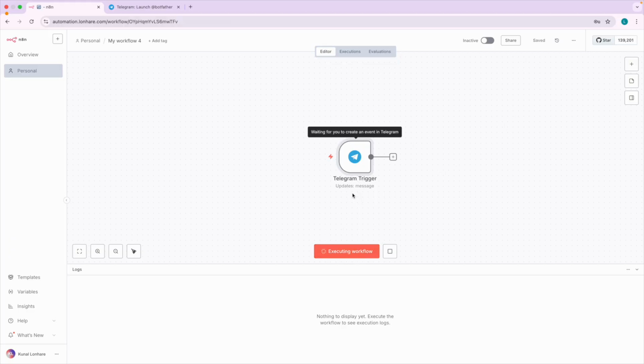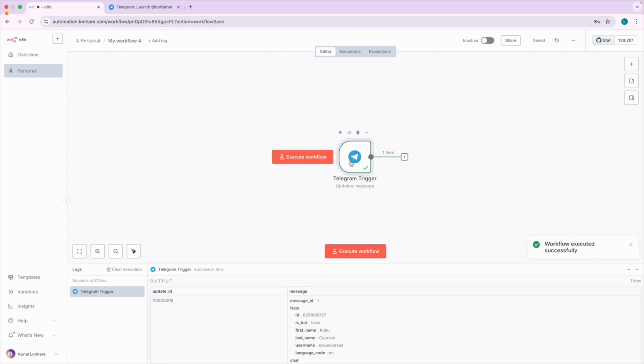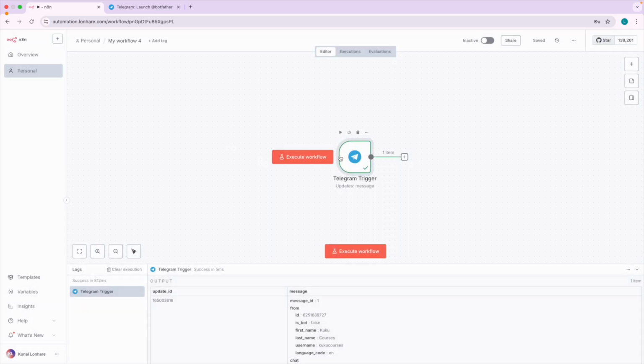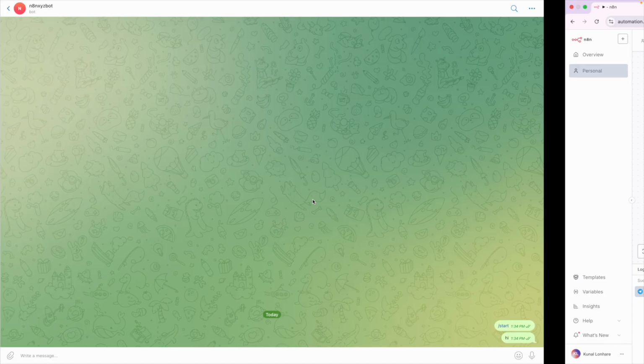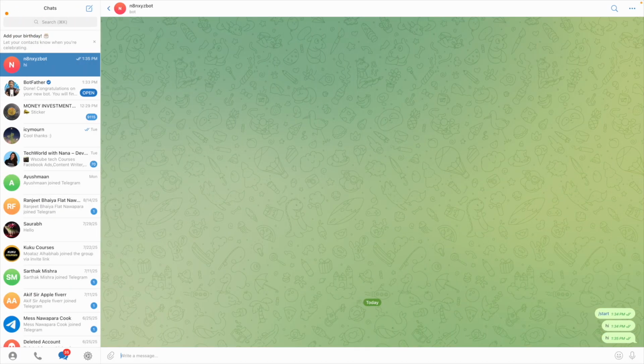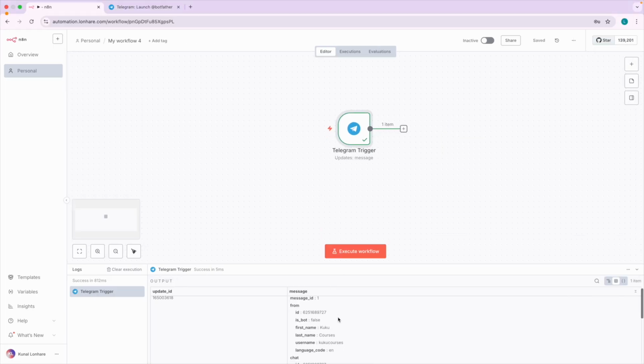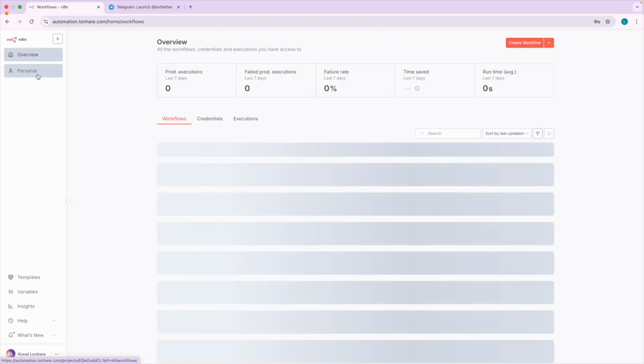So let's wait. You can see it's executing, and it is waiting for the trigger event. Okay, so that's something amazing, right, which we have over here. Okay, so here you can see it's listening, and just chat with it, and according to that it will do the automation, and boom, each and everything you are going to get over here. So that is all I wanted to tell you, how you can integrate